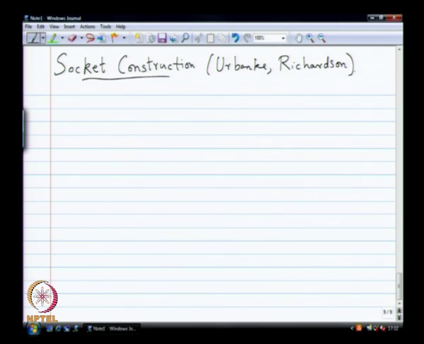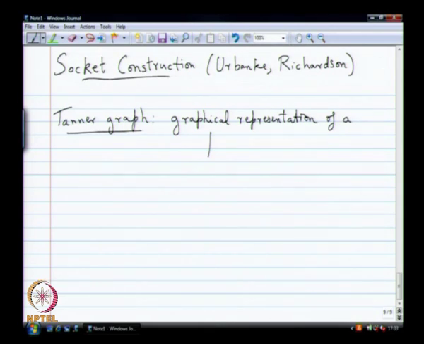And this I will describe using a representation of the parity check matrix, which is called the Tanner graph, okay. So, this Tanner graph is quite important. I am introducing it in the context of the socket construction, but it is interesting in its own regard for various reasons, okay. So, it is basically a graphical representation of a parity check matrix,